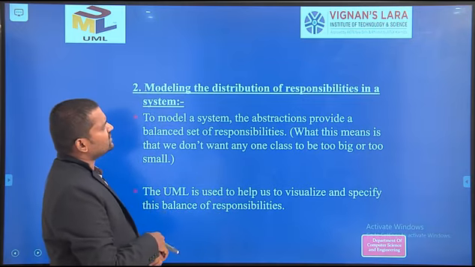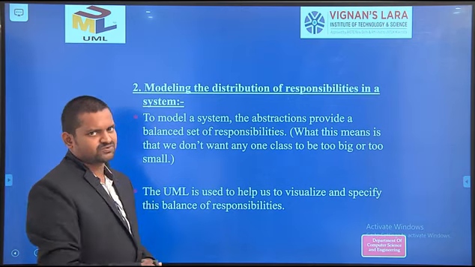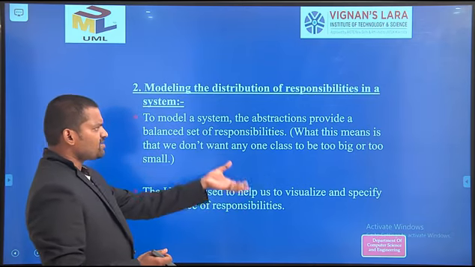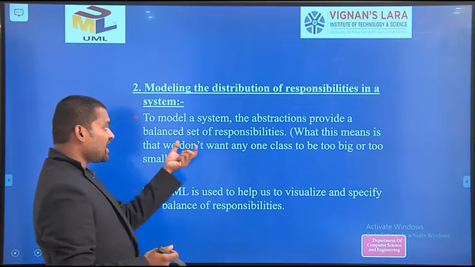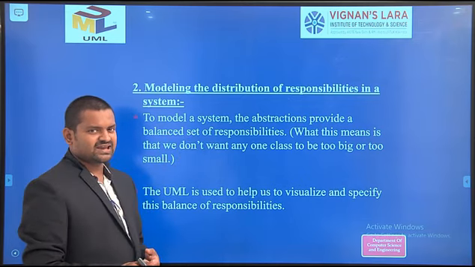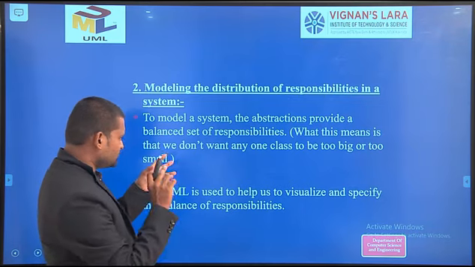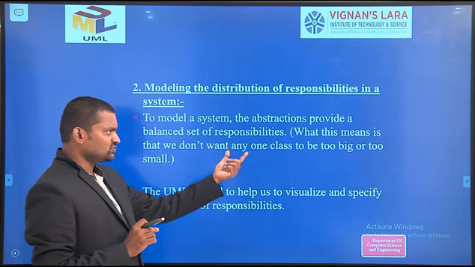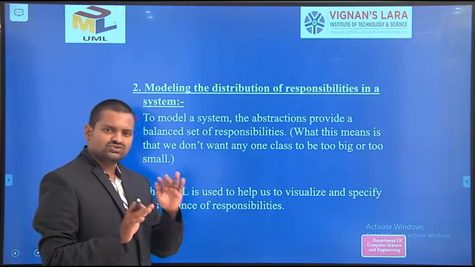See, this is modeling the distribution of responsibilities. To model a system, the abstractions provide a balanced set of responsibilities. Balanced means that we don't want any class to be too big or too small.